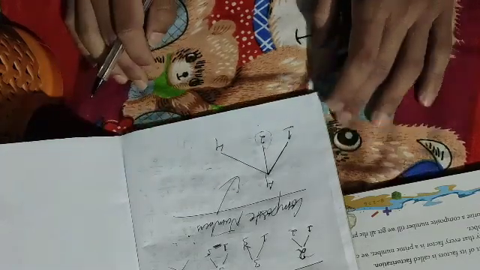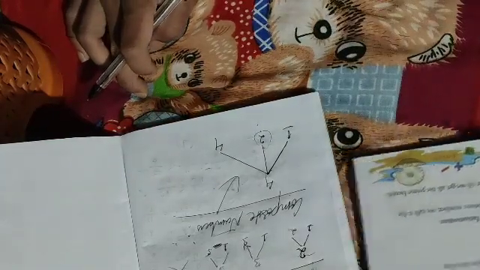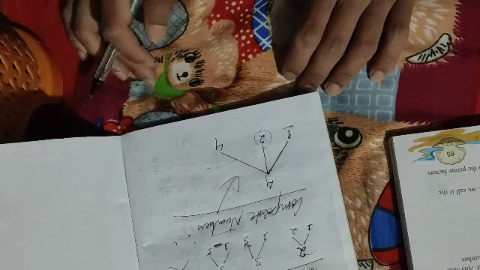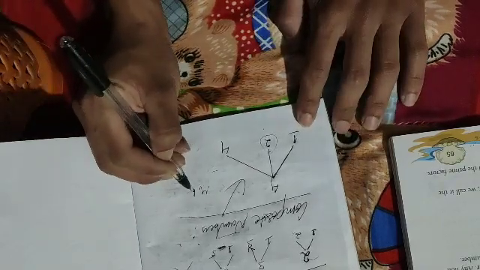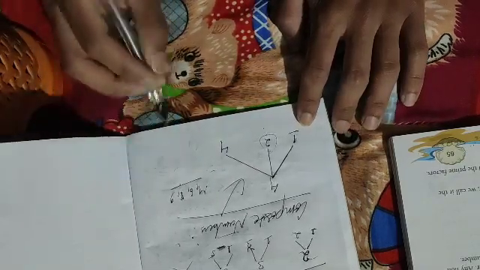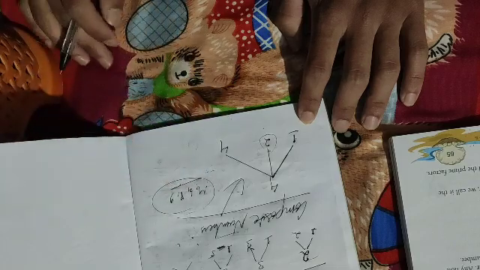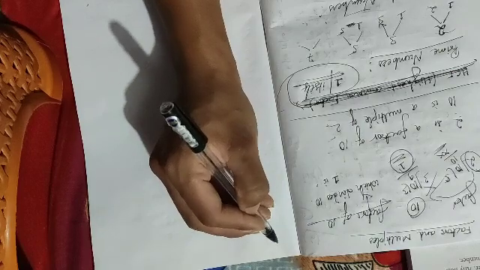You can see the definition in your book. A number which has more than 2 factors is called a composite number. The examples are 4, 6, 8, 9 and so on. All those numbers which have more than 2 factors are composite numbers. Now I'll give you 2 questions. You do them as homework.